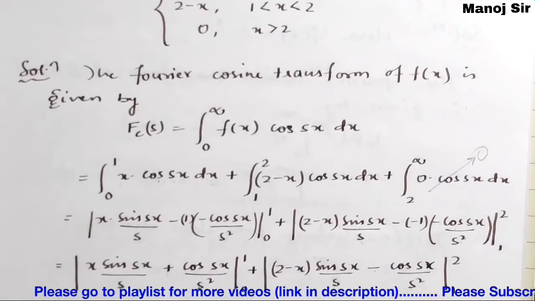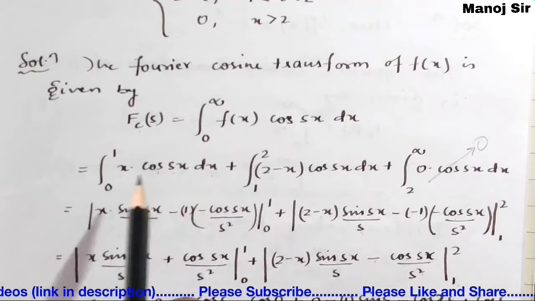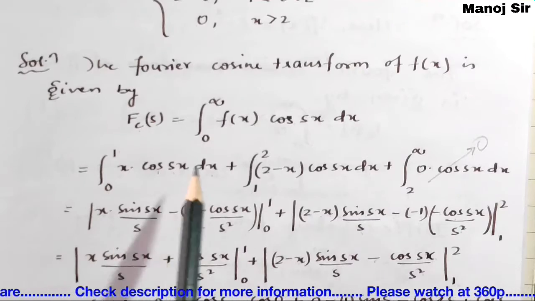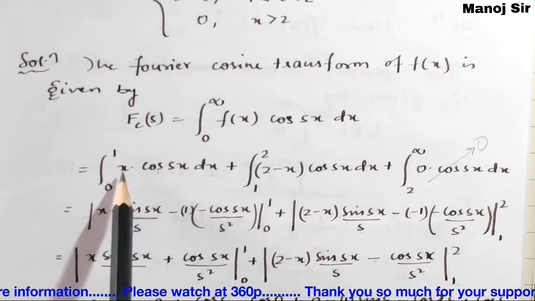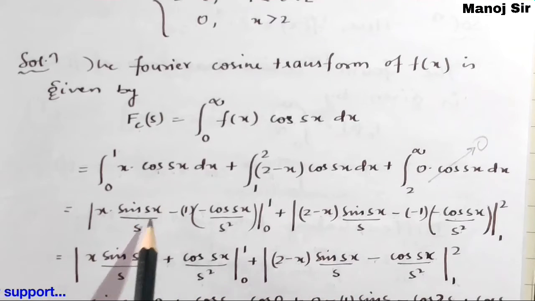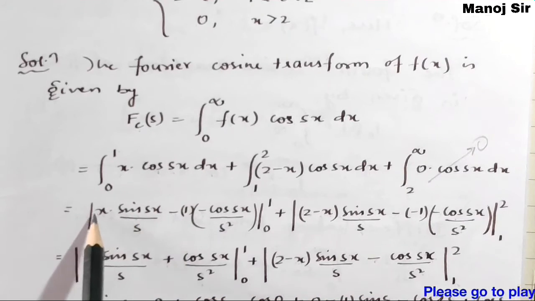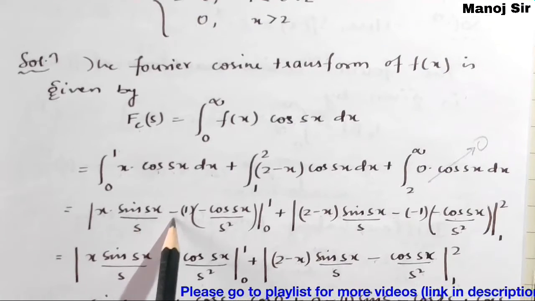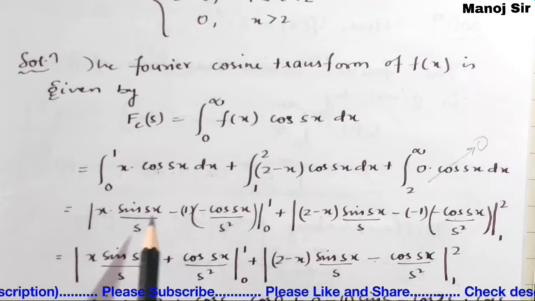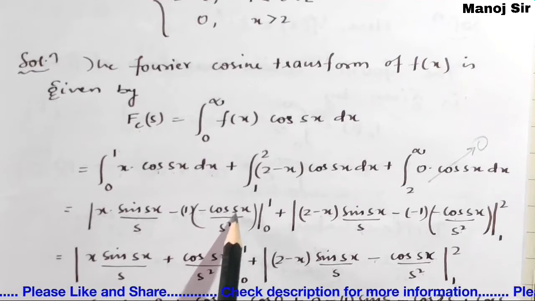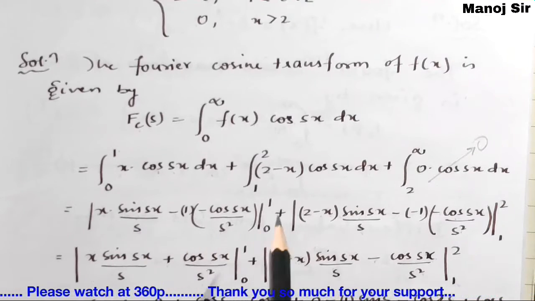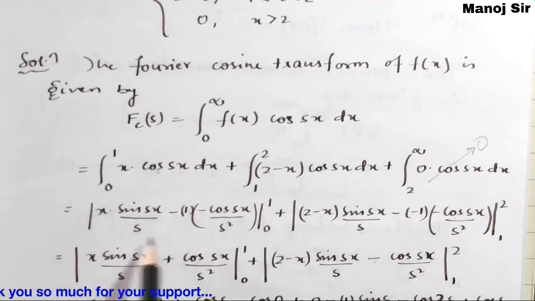And if you want to solve the integration, we need to integrate both the integration parts, so we will use the chain rule. Solving the first part, that is first function, second function. First function as it is, integration of the second function, that is sin sx upon the coefficient of x, that is s. First term positive, second term negative. Now differentiation of the first function, that is 1, integration of the second function, sin will become minus cos, so minus cos sx upon s, and here we have already s, that is s into s, that is s square. The limit is from 0 to 1, so this part is over.